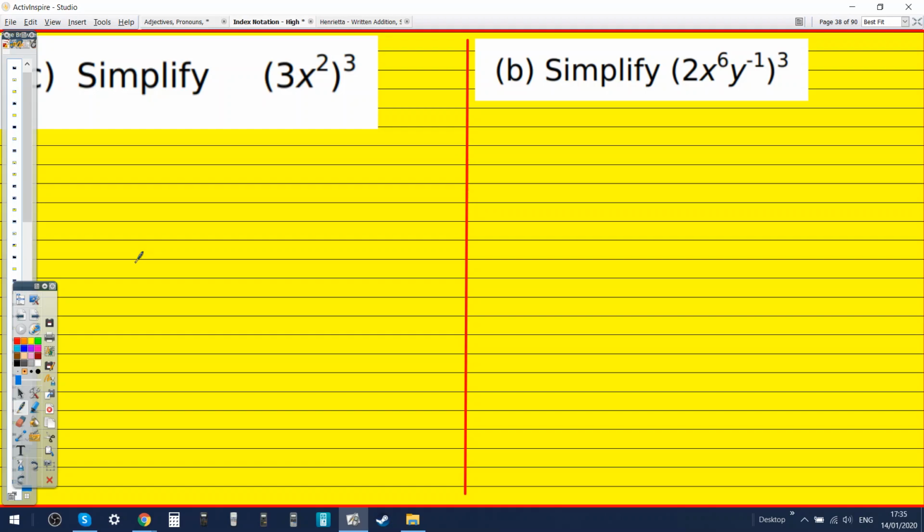So it is 9x. Hold on. 3 squared is 9. This is 3 cubed. 27. Yeah. x6. Well done. And top right. 8. Yep. x